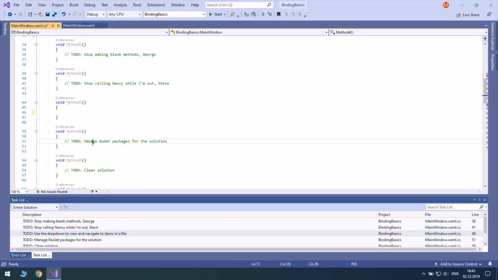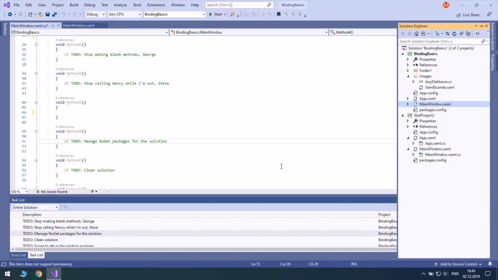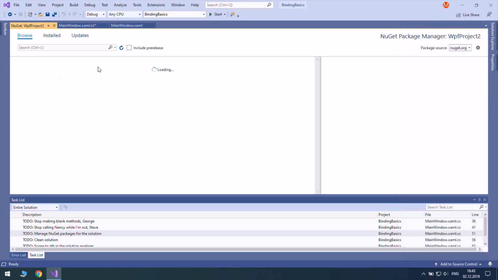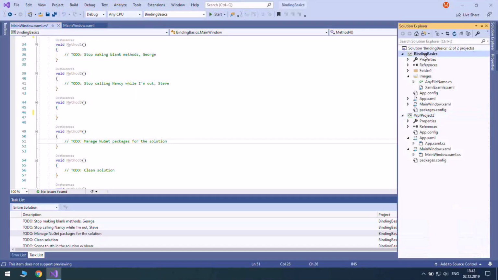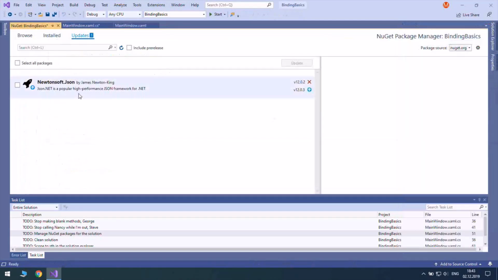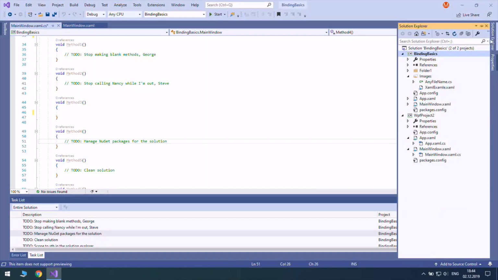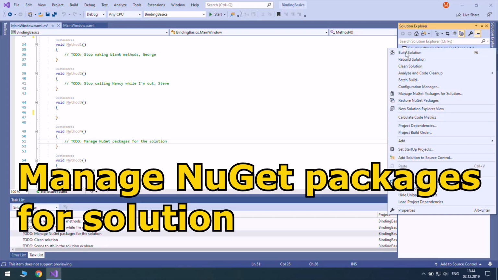Let's remove this. And next, okay. You all know that you can extend your projects by using NuGet packages, like here and here. This is another project. But when you have dozens of NuGet packages installed and you want to, for instance, update all of them, and there are like 5-10 projects in your solution, it's better just to right click your solution and click manage NuGet packages for solution.